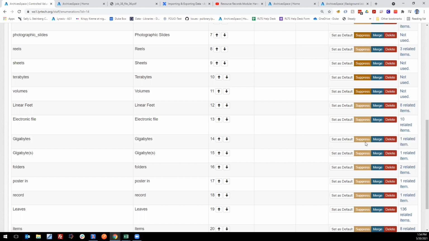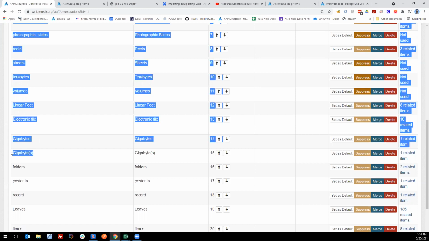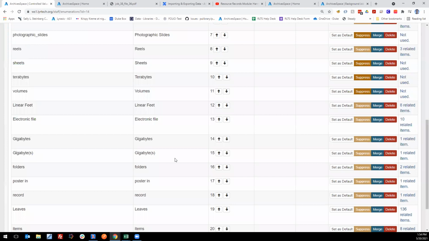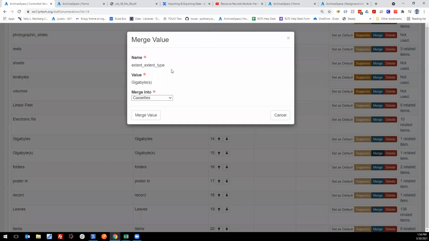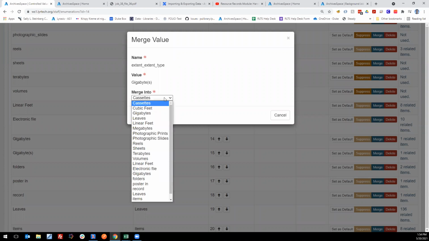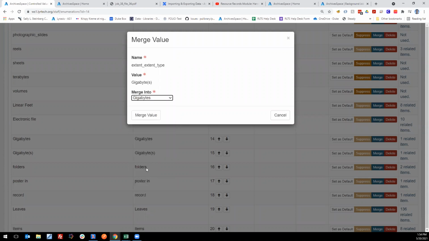And so the way you do that, see if I remember this, is you go to the one that you don't want to keep. So the victim, I guess, and you choose merge. And then it's going to ask you, what value do you want to merge this value into? And so if I go down and find gigabytes and I click merge,